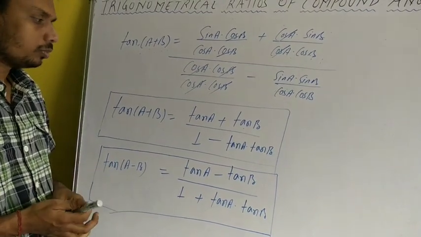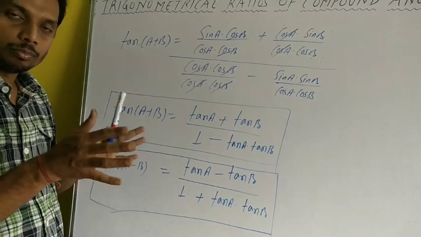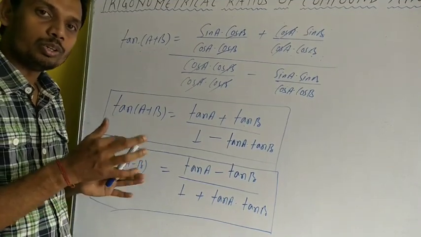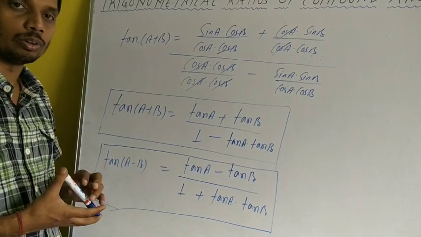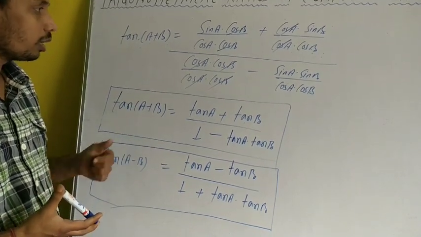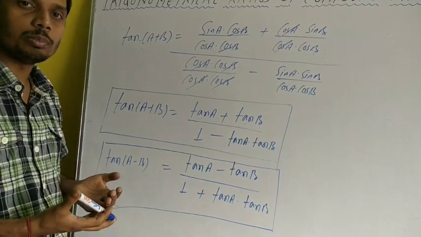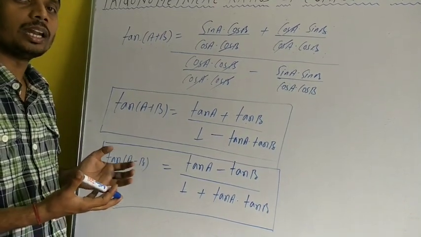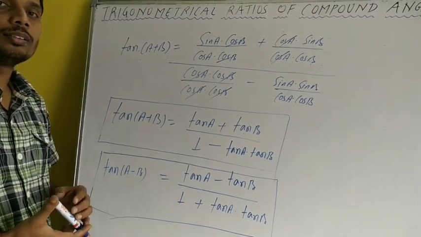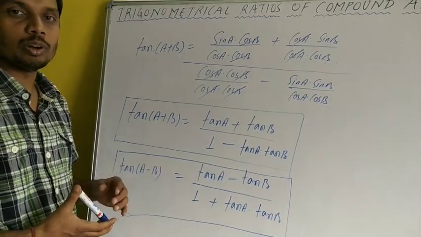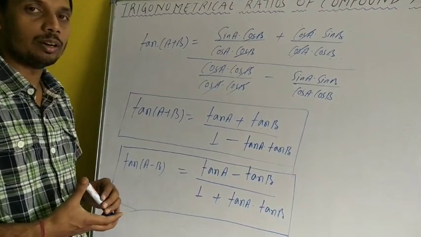Now the same formula can also be derived with the same figure which we considered in the previous video. You can determine this formula from there also. But this is more convenient, as we have the formulas of sin a plus b and cos a plus b, and we know that tan can be expressed in terms of sin and cos. So we can substitute the values of sin a plus b and cos a plus b, and after simplifying we can reduce tan a plus b to this standard formula.